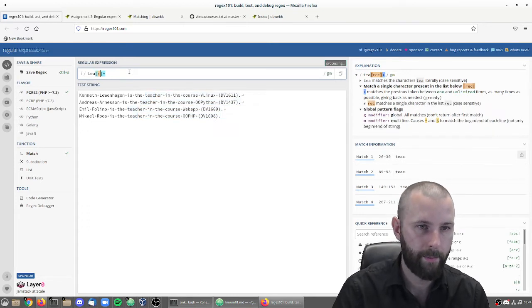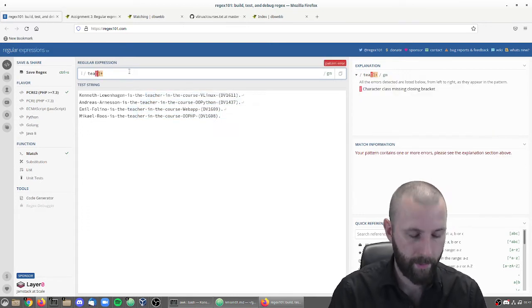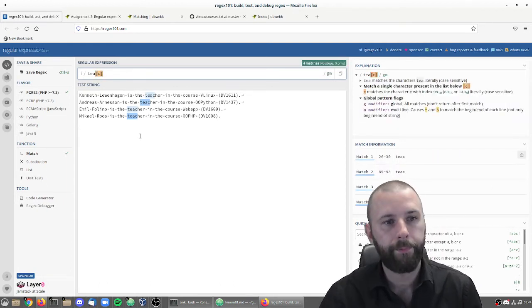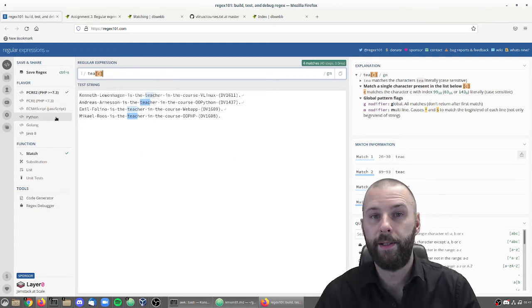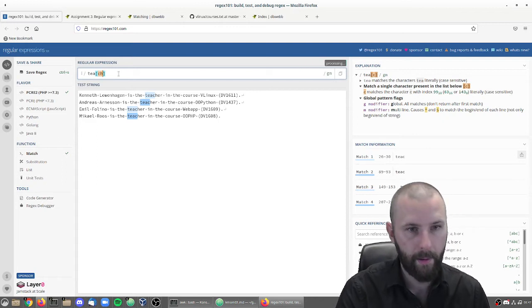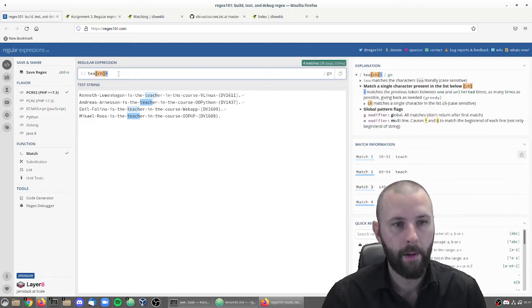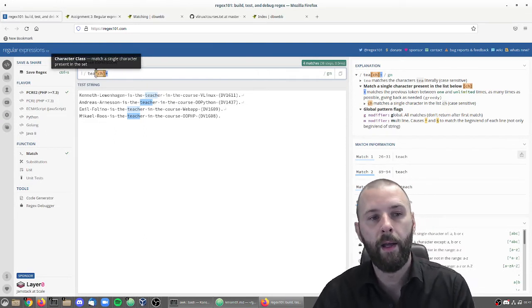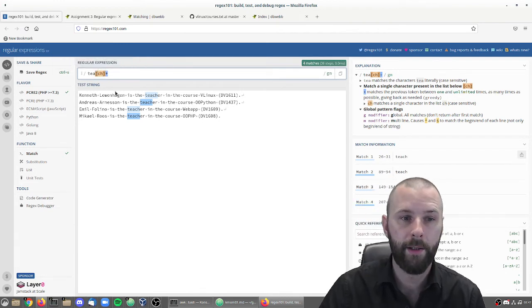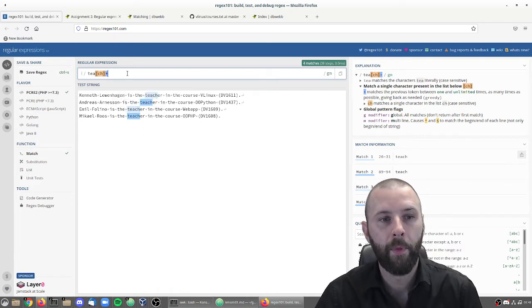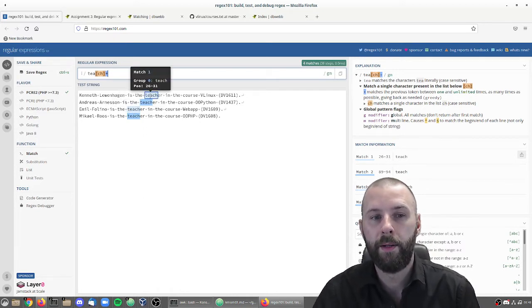Too much. Yeah, we take one at a time. TEAC. Then we can see it matches the C as well. And we can add some characters inside here. The C and an H, then it matches TEA and C or an H. And we don't have any word with TEAH, but if we want to continue to match the word teacher,